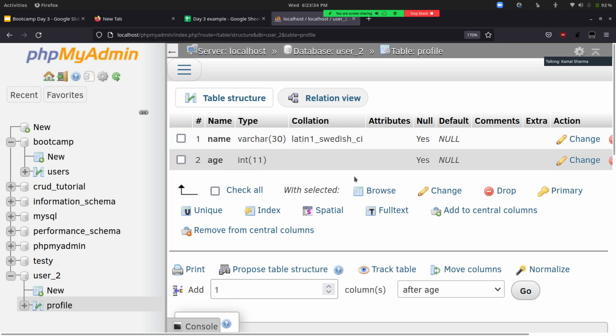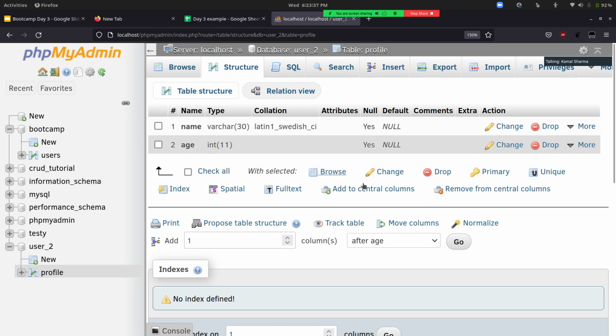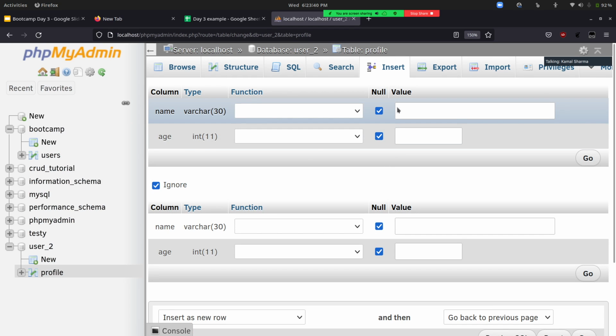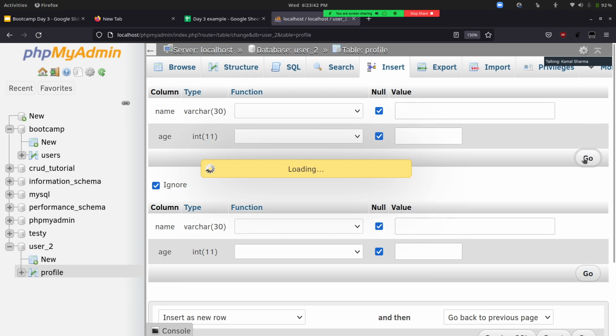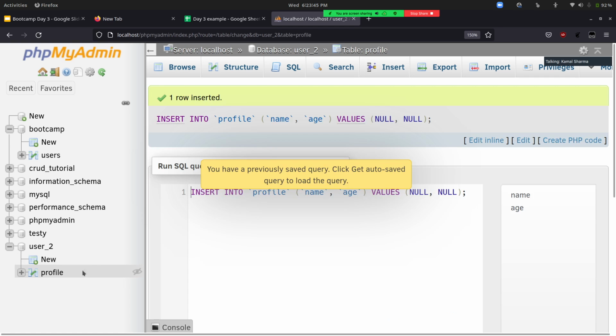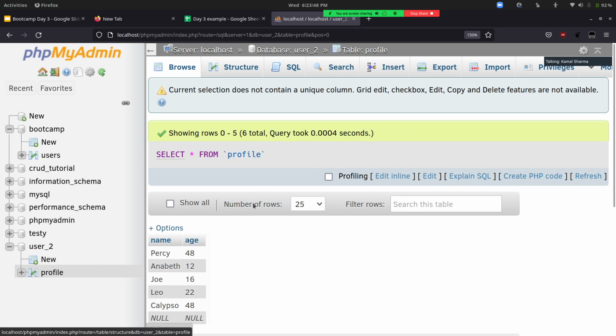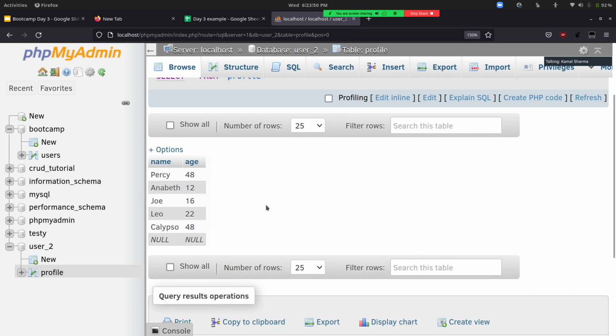So what that actually means is, if I go to insert, and if I don't type anything and click on go, it will insert it. And if I view that particular table, I can see that it has inserted null values. By default, we may want some null values for some columns, but for some columns we do not want it. Some value should be there instead of empty records. When we have empty records, it will make the accessing part a little bit difficult, right?